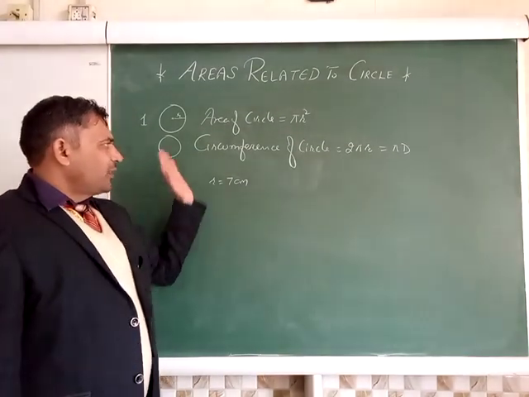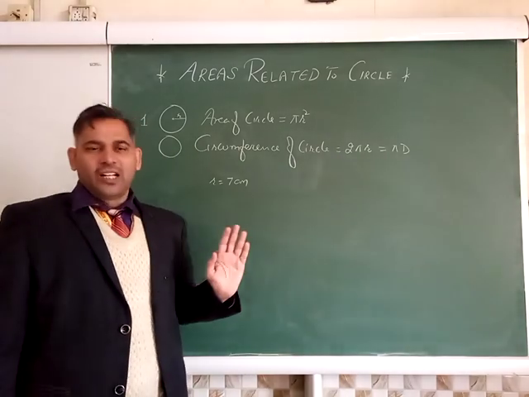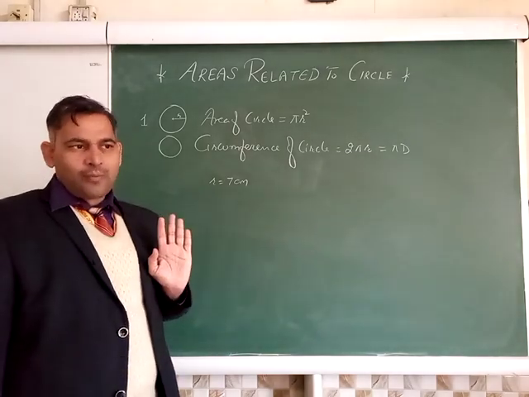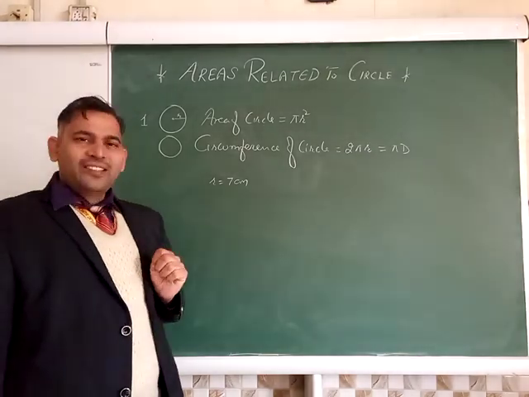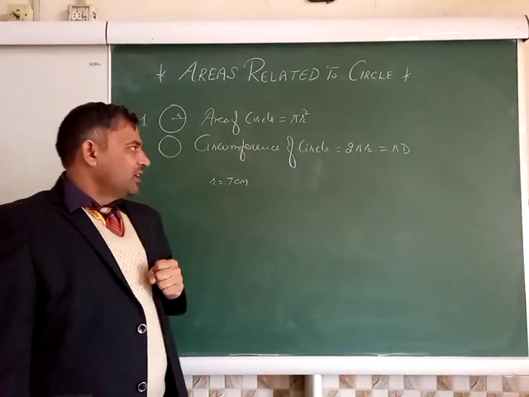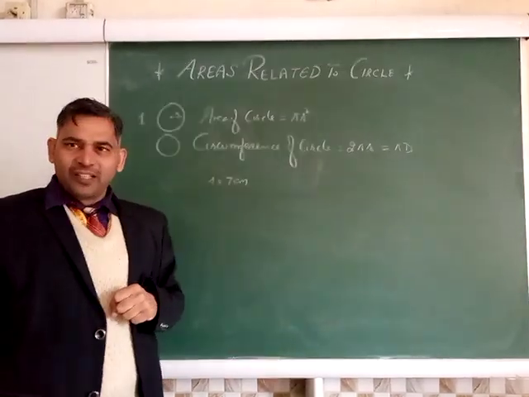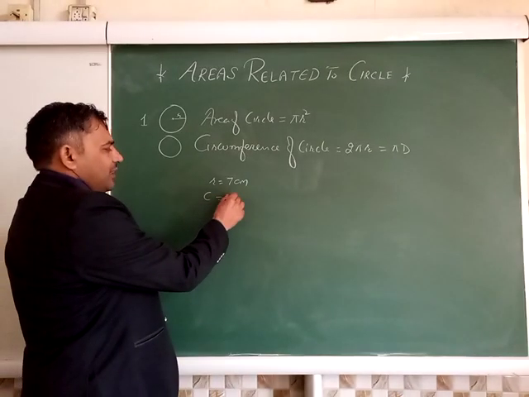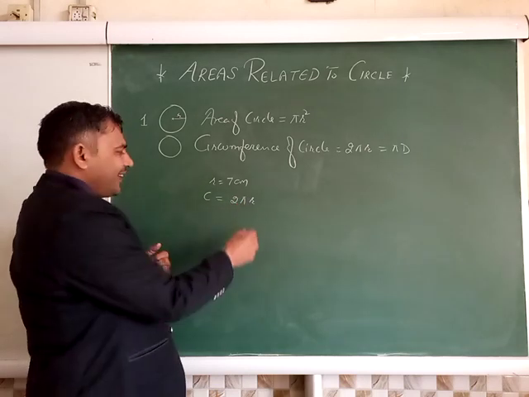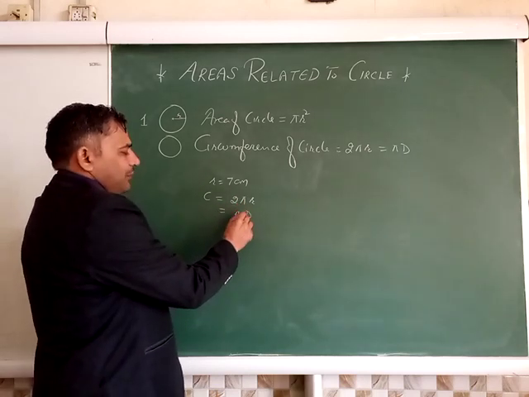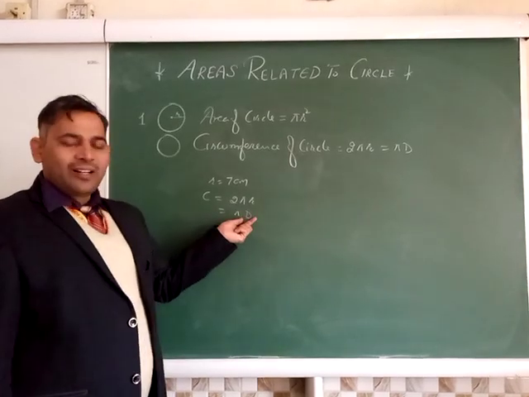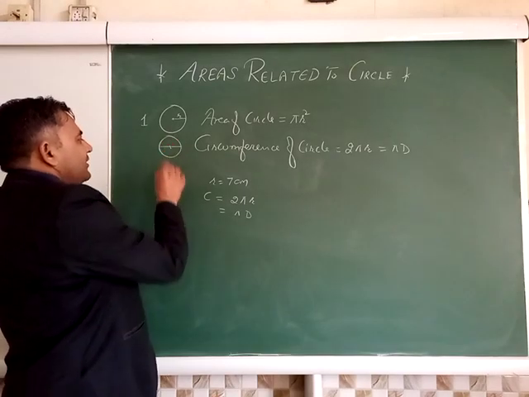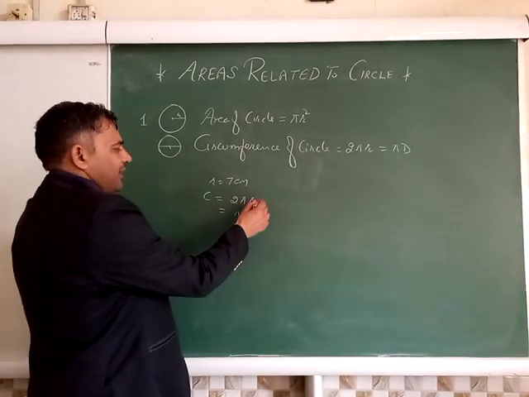Okay children, the first formula and its application you have to be clear on, how to find the area of the circle, pi r square, and you understood its application. Now the second formula, what is the circumference of the circle? If the radius is given, suppose 7 centimeter, now how to find the circumference? So circumference is equal to 2 pi r, or you can say pi into diameter. Both are the same. What is the diameter? You know very well, diameter is twice the radius. So we can put the value here.